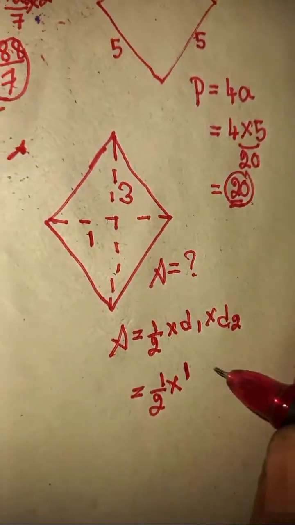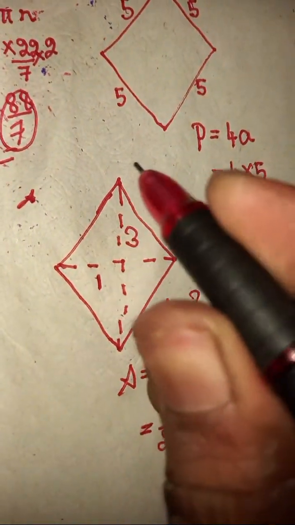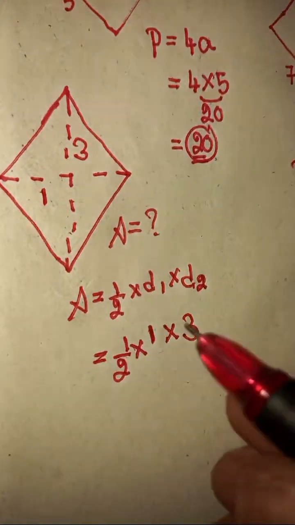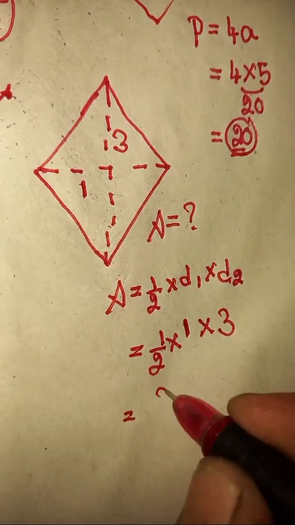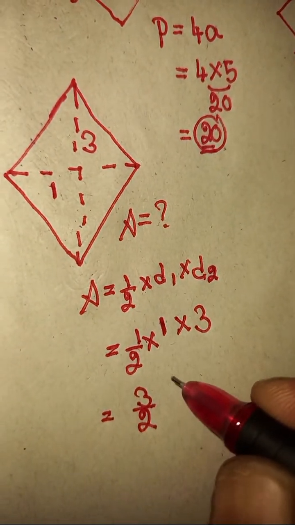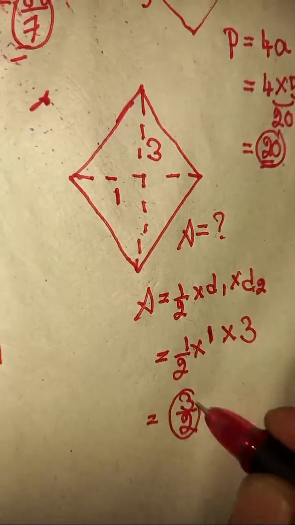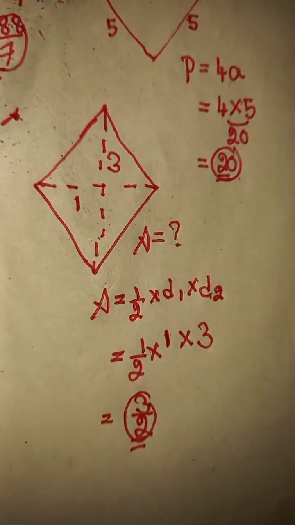This one is diagonal 1, and this is diagonal 2, that is 3. Diagonal 1 is 1 unit and diagonal 2 is 3 units, so half times of 1 times of 3 becomes 3 by 2, so 3 by 2 square units. And now you can,